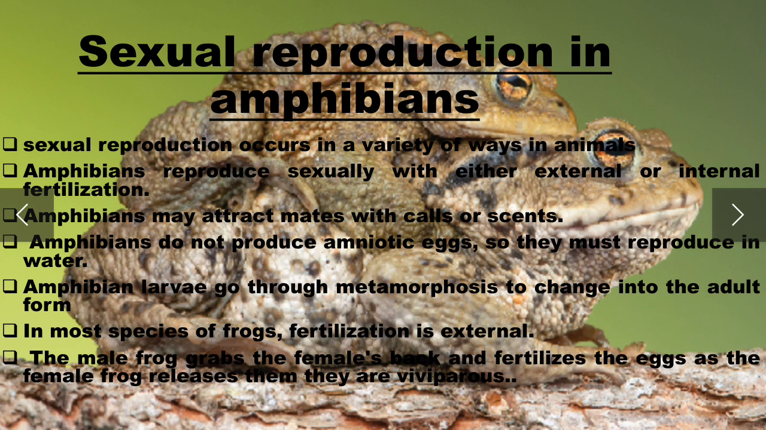Sexual reproduction in amphibians. Read this paragraph. Amphibians reproduce sexually with either external or internal fertilization. For example, a frog lays eggs in the water and